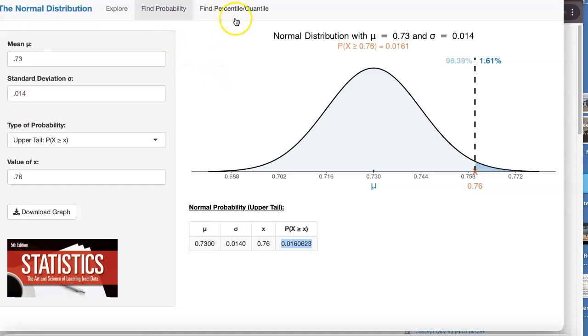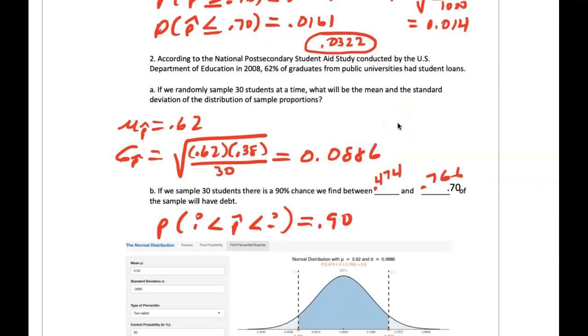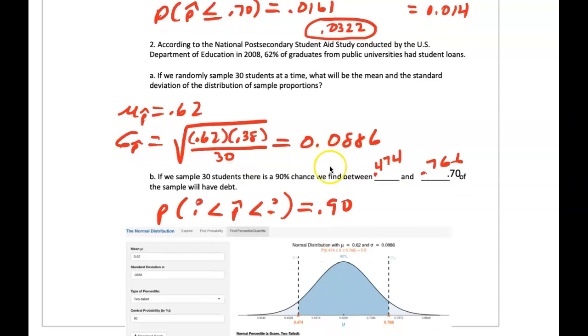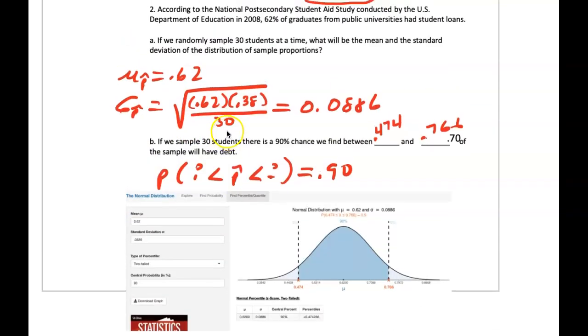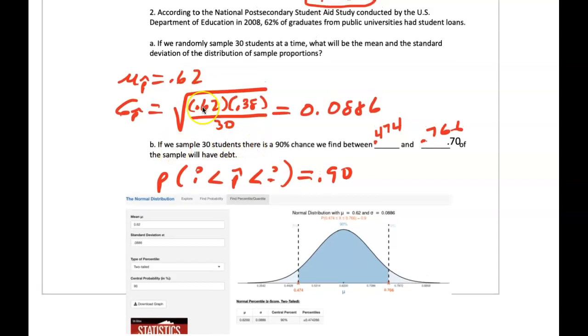So that's how we use ArtistStat to do those calculations. On the last example, we'd follow the same format: what's the mean, and what's the standard error, the standard deviation of all the sampling distributions of 30 people. You would end up with those, and then answer this question. This is a percentile question, but using the mean and standard error. If we sample 30 students, there's a 90% chance we find between what percent